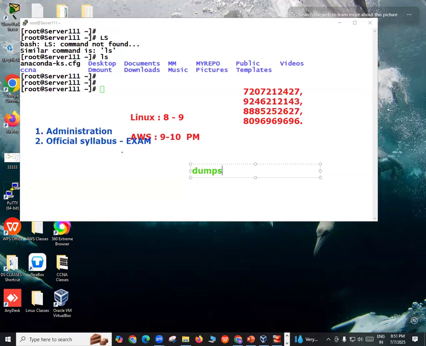Coming to Linux, in the examination, official Linux people will come and be there with you in the examination center. So there is no help or support. Nothing is there for Linux. That's the reason it is a very valuable certificate.